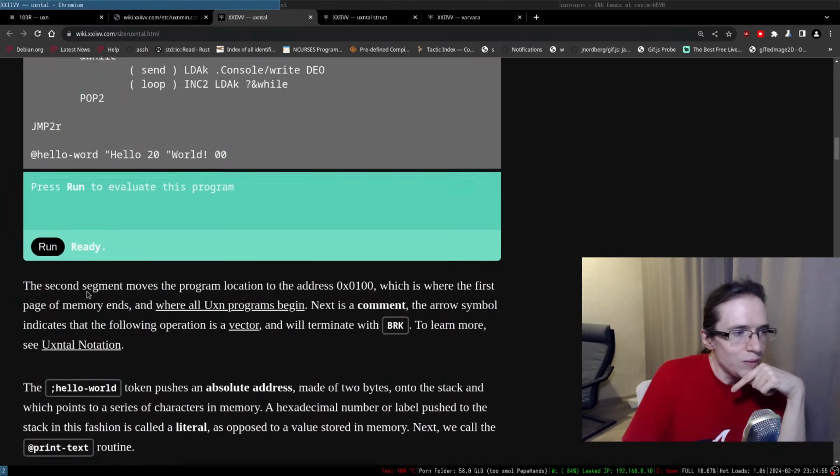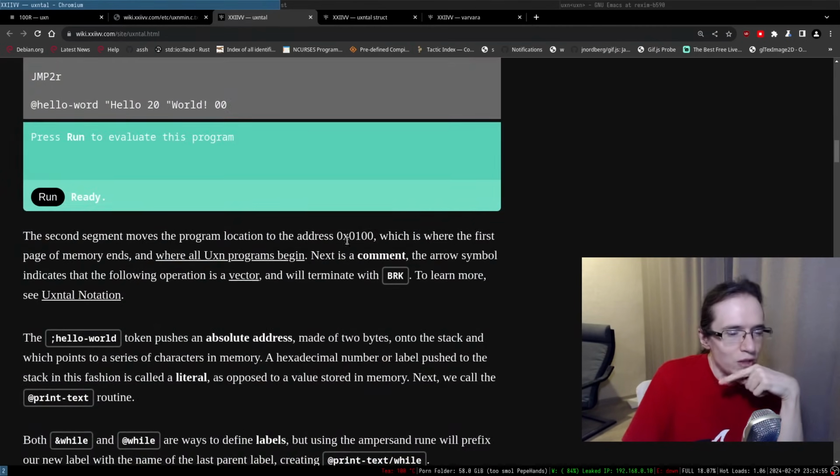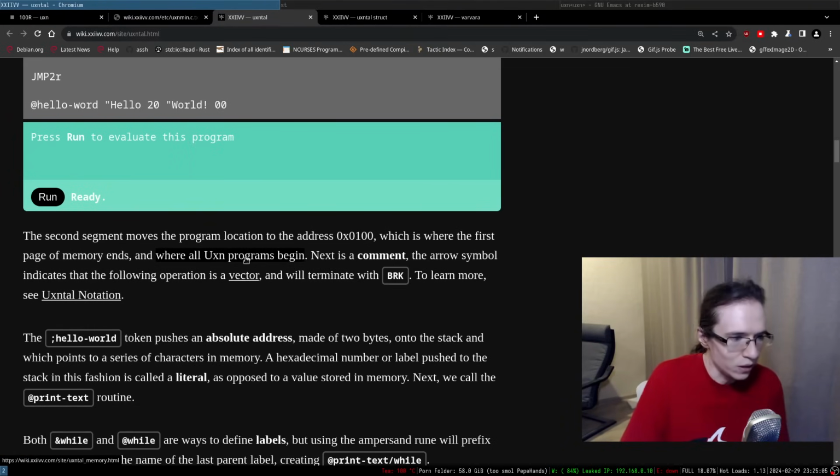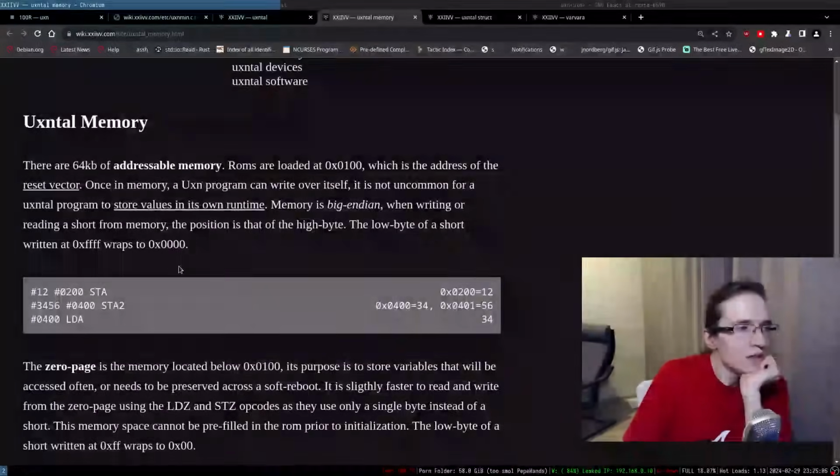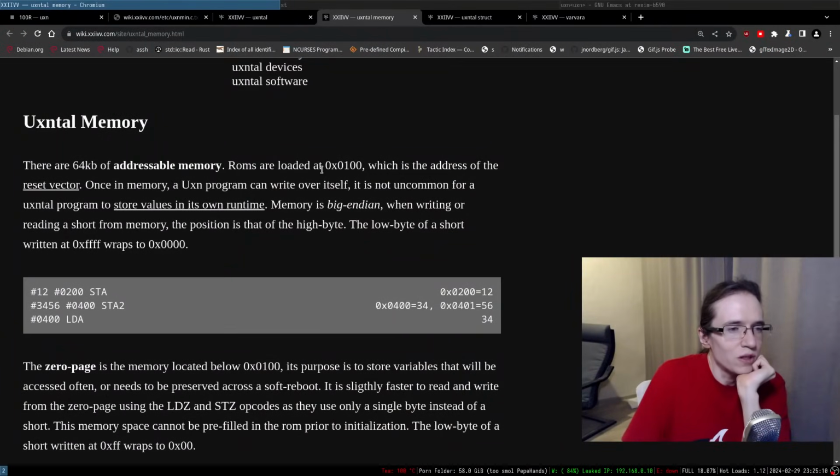So let me see. The second segment moves the program location to the address, which is where the first page of memory ends and where all UXN programs begin. So there is a memory. There are 64 kilobytes of addressable memory. ROMs are loaded at the address of the reset vector.